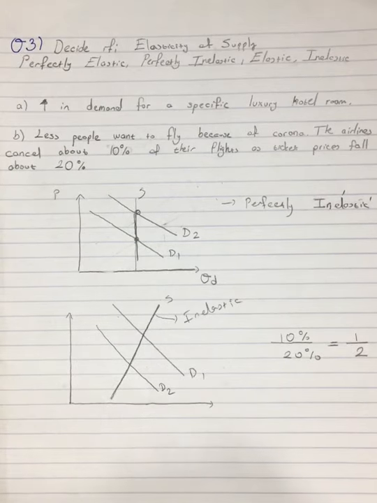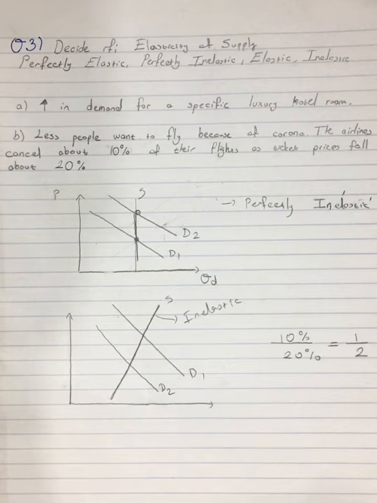In the second part, it says less people want to fly because of Corona. The airlines cancel about 10% of their flights as ticket prices fall about 20%. Now in this part we can find the numerical